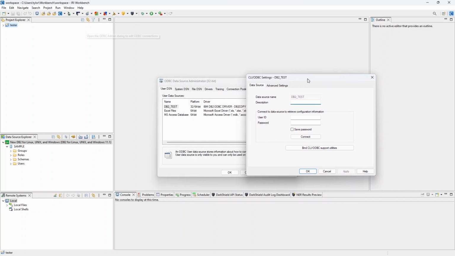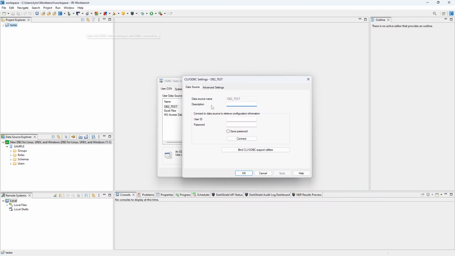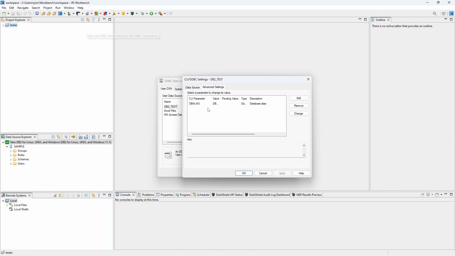So from here, again, you can add a description. We're going to add the user ID, and then we're going to add the password, like that. I'm going to save the password here. I'm going to click OK. We're going to go into advanced settings, and then from here,